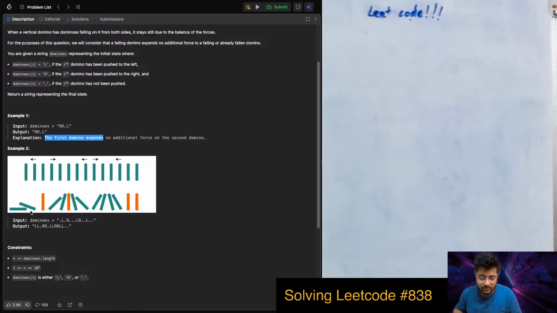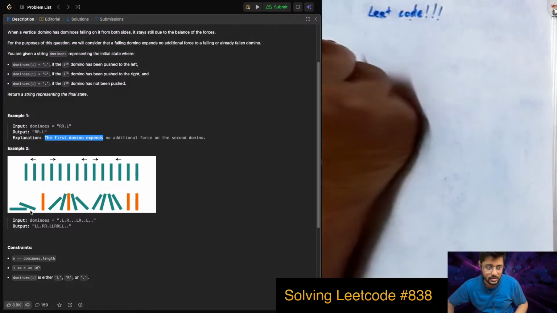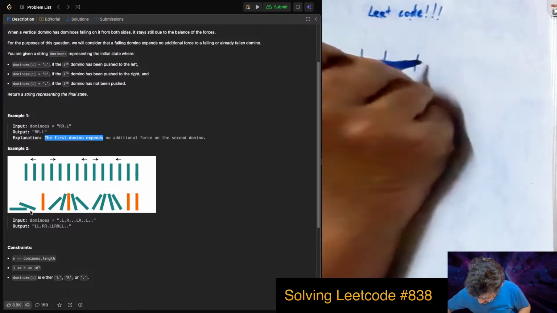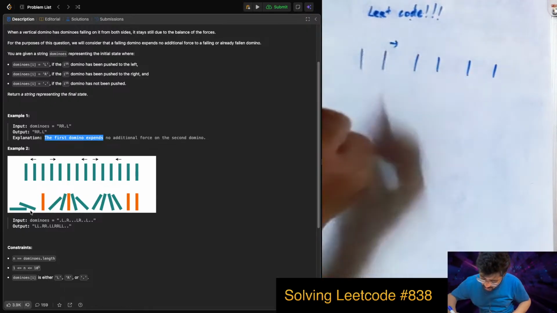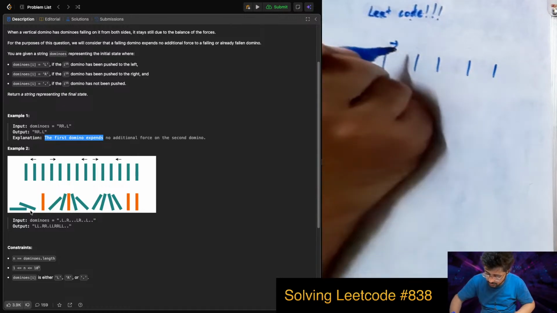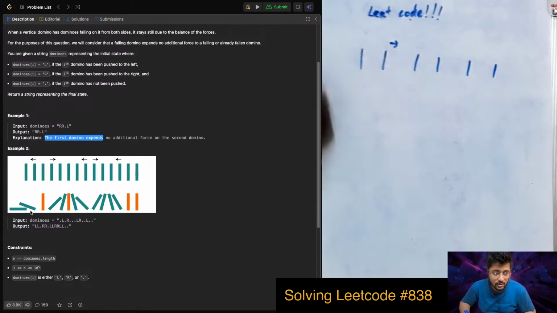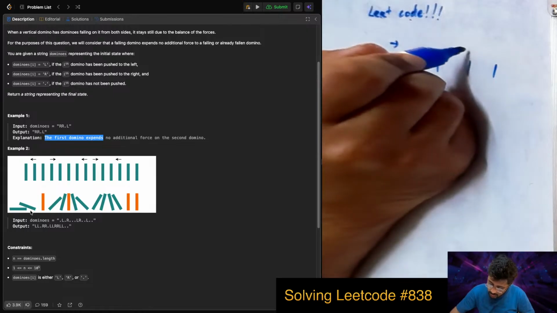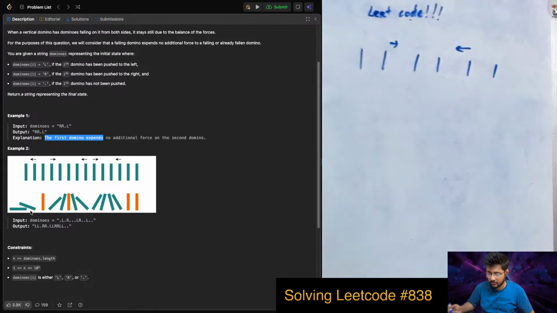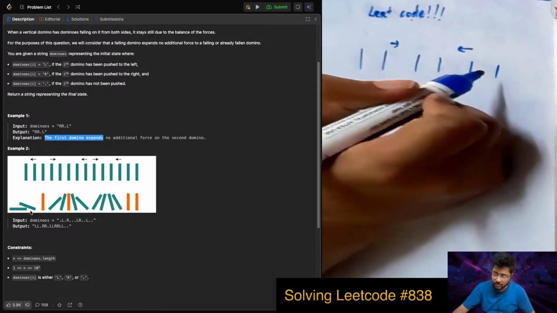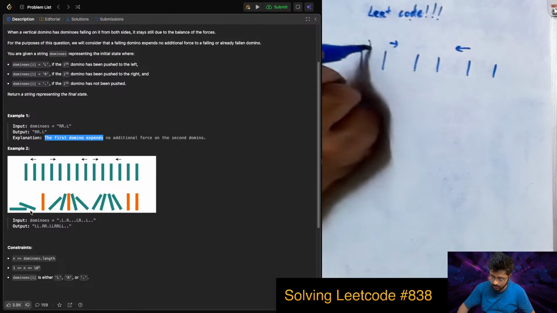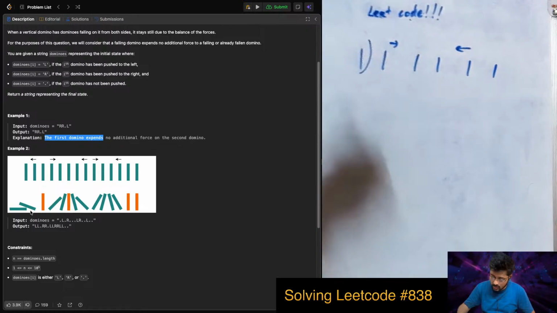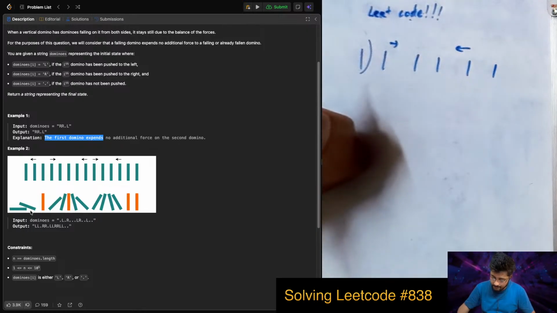The first thing that's going through my mind is that if you push this one here, then this one doesn't fall, but this falls. The problem is to worry about a push that is coming from the right. If all the pushes were to the left, then the first push would make all of them fall to the left, and the only ones remaining standing would be those ones. Other than that,